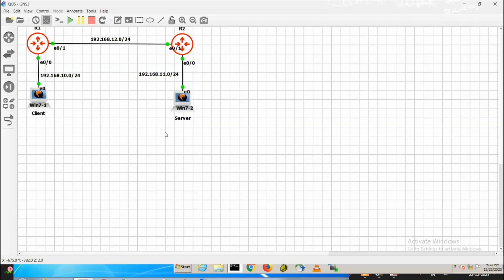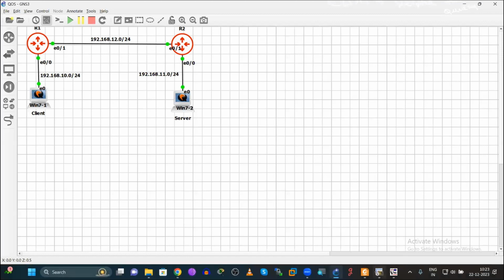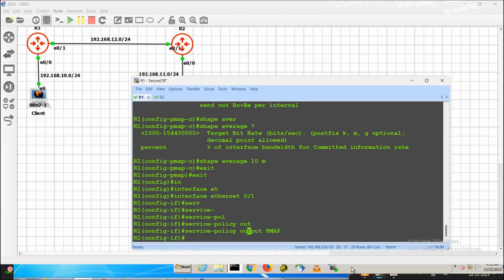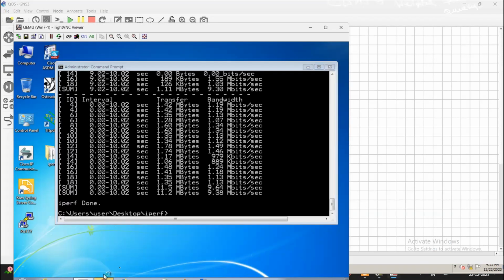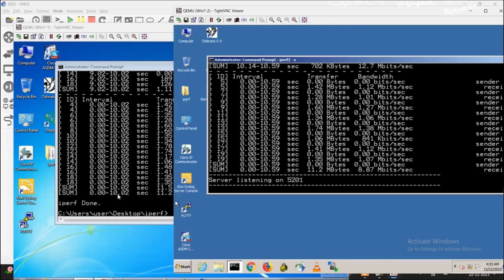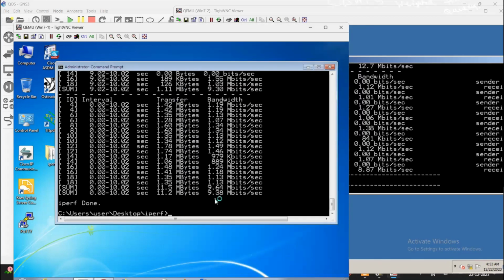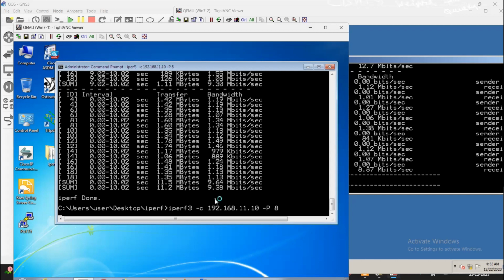See, if I remove this policy, I'll type no. I'll remove this policy. I have removed the restrictions. Then I'll check once again. What will happen now? I'll execute this again.